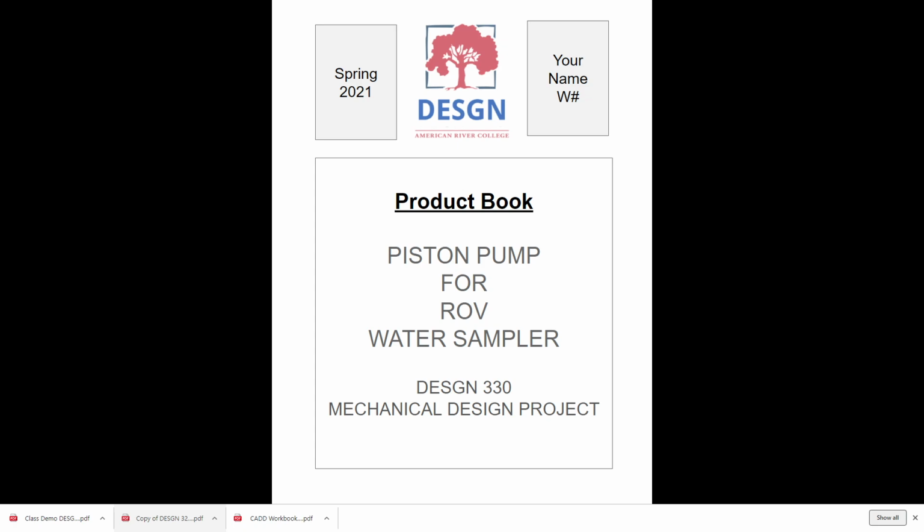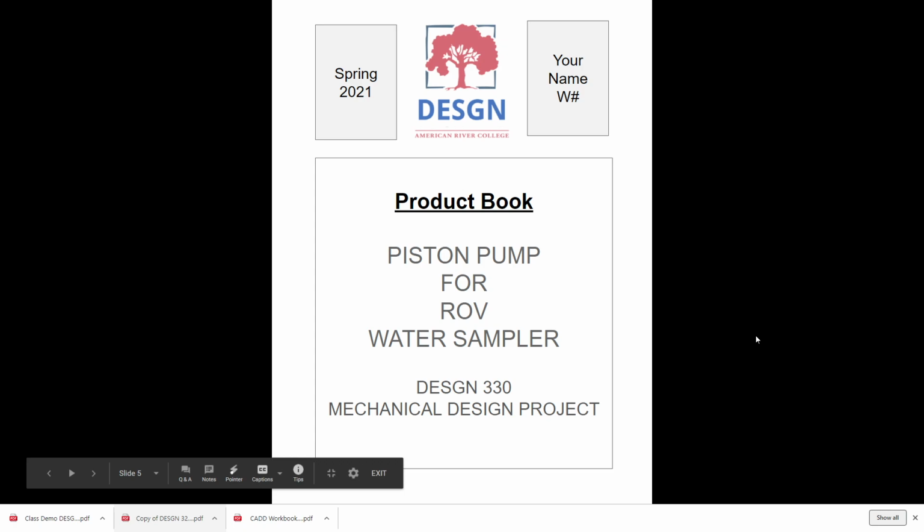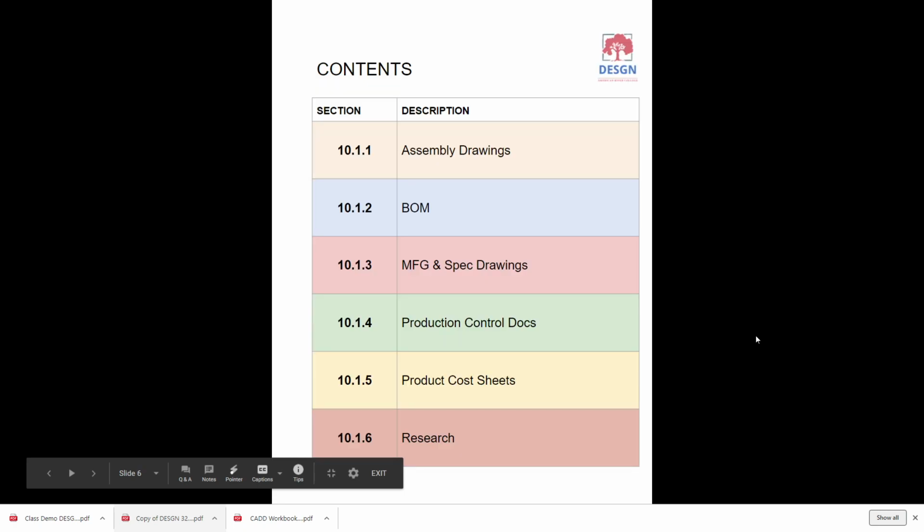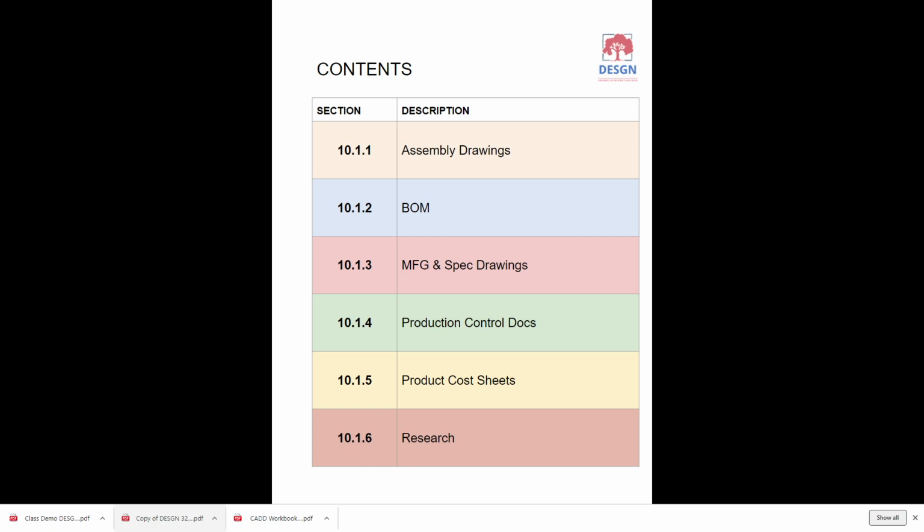If you're a designer, you go to it, say, do I have all the drawings done? Can somebody build it? Can somebody make it? If you're in production control, you go to it to look for work order templates and production purchase order templates and cost accounting. So that's really what goes into this. So we're going to take a look. It's organized. This is a typical way to organize it, where it starts with assembly drawings and then bills of materials that go with those assembly drawings,